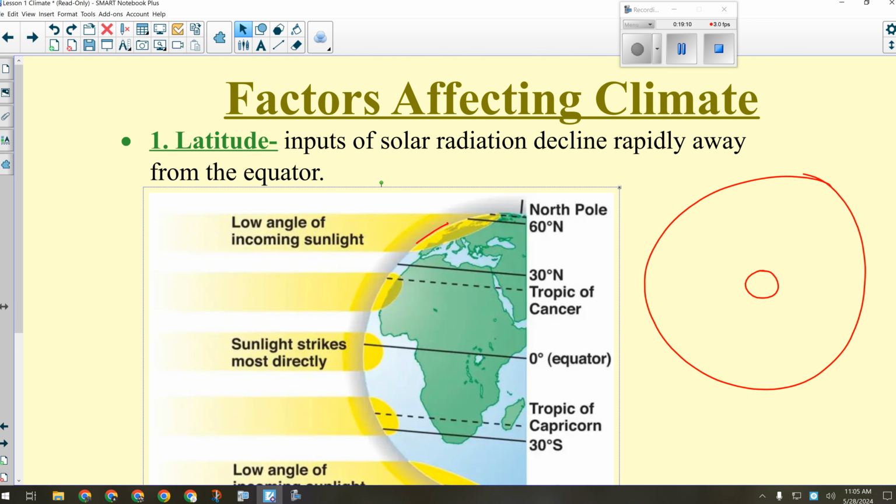This is the Earth's orbit, not drawn to scale. Here's the Earth. So this is the Earth on June 21st. June 21st is the summer solstice. That is the longest day of the year for us. The reason it's the longest day of the year is because the Earth, the North Pole, is tilted towards